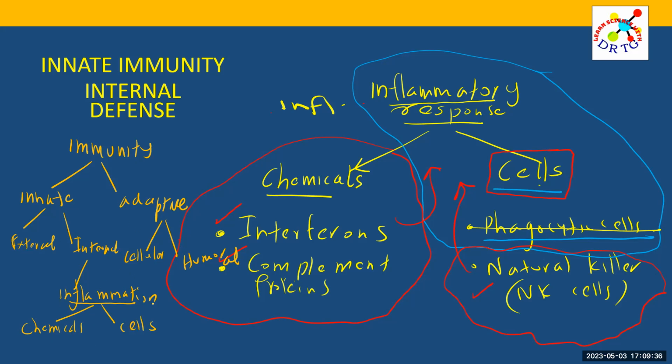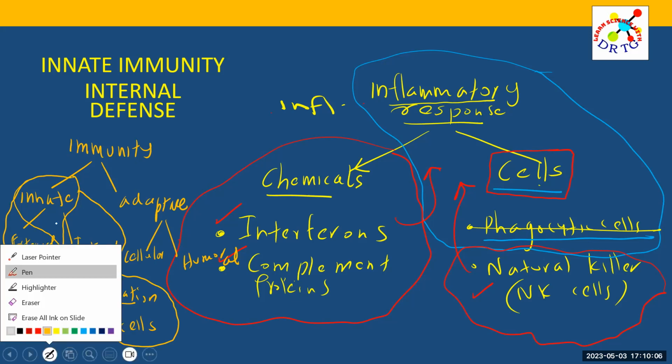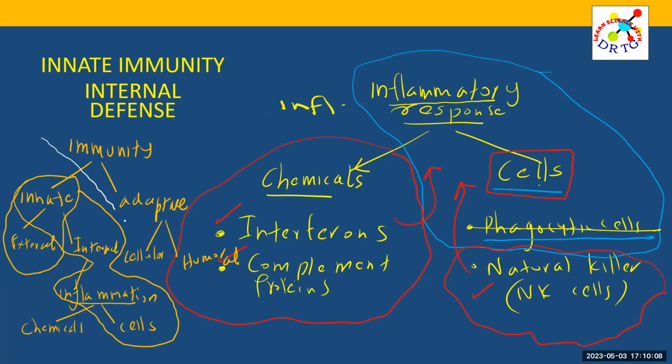So we discussed innate immunity external in the first class, and we also discussed innate immunity internal, inflammation, cells. What is left to discuss? Chemicals in the inflammatory response or internal defense, and after that we can talk about the most important part, adaptive